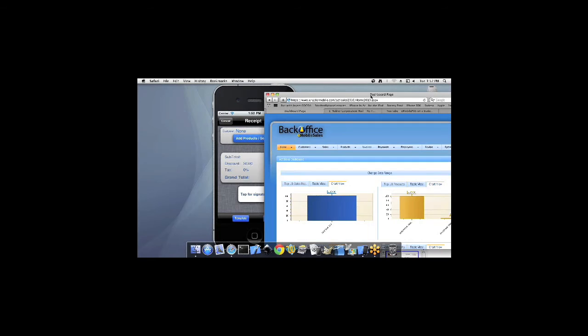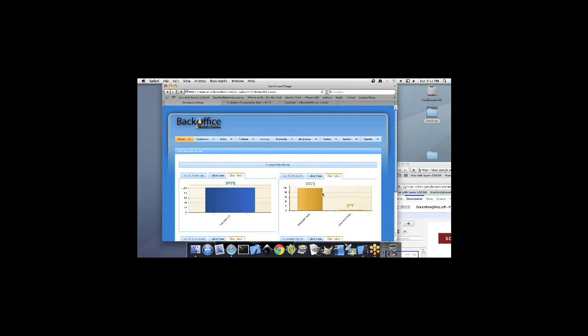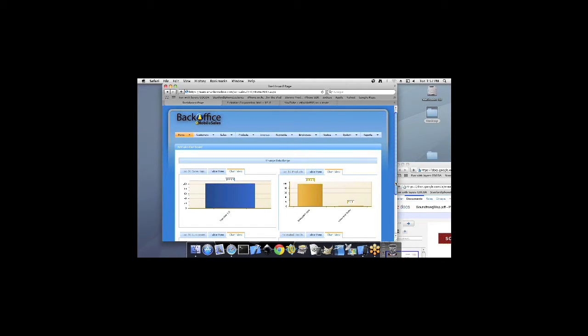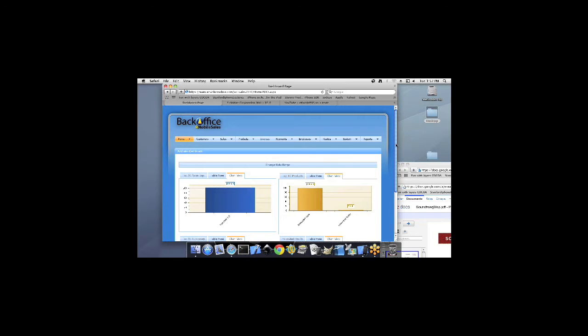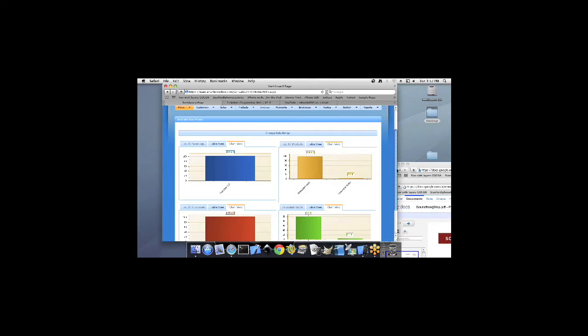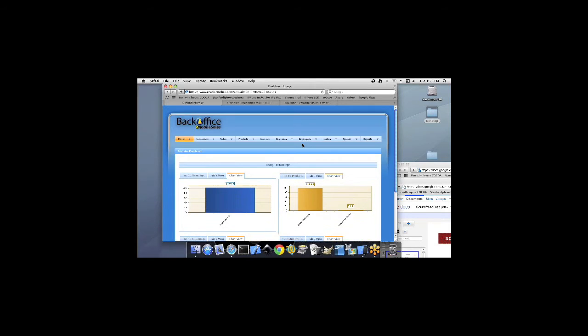Okay, let me give you a view. This is a very important feature because this is another feature that sets us apart from other systems. With our system comes a back office, a web-based admin system, where you can see the traffic, the movement of what's happening in your store or stores in the U.S. nationwide.